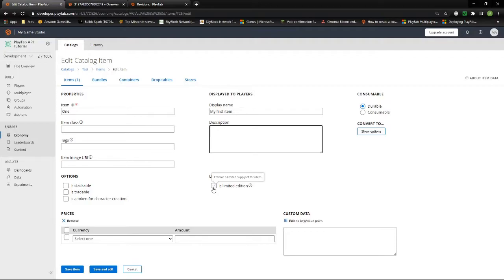Obviously, you'll have to create a specific error to show on screen to the player to say the item's out of stock because the 1,000th one was sold or something like that. But again, this is pretty useful if you want a very, very limited item within your game. Now, consumable, you have durable, which means it just exists in the player's inventory, which is good for just the standard items. When you start to get into things like bundles and containers, which obviously automatically break down, or even